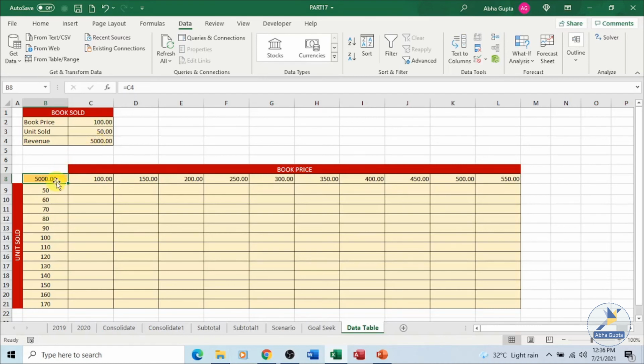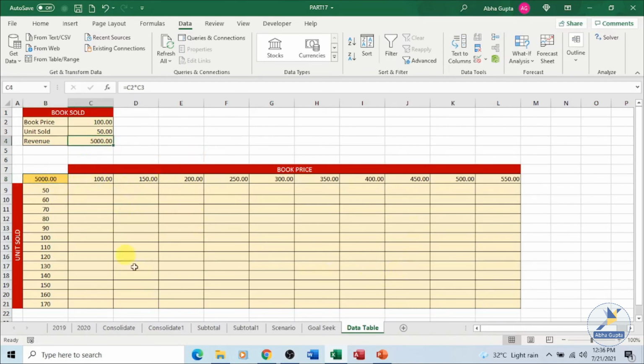It should be placed in the corner cell. Like we want to see if we make changes to book price or unit sold, what are the changes in the revenue. So at the intersection of these two, you have to place the reference of the cell where you are looking for the changes.